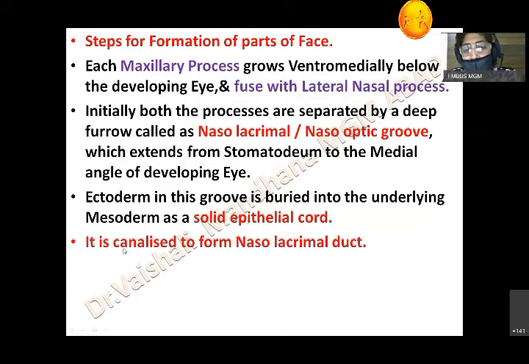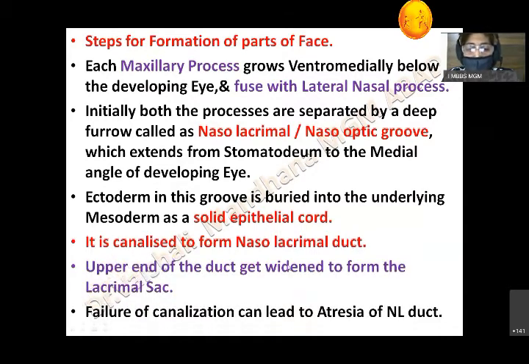Later on, this solid epithelial cord will canalize to form the nasolacrimal duct. The upper part of this duct gets dilated to form the lacrimal sac. Okay. So when the maxillary process fuses with the lateral nasal process, the fusion is deficient in the area on